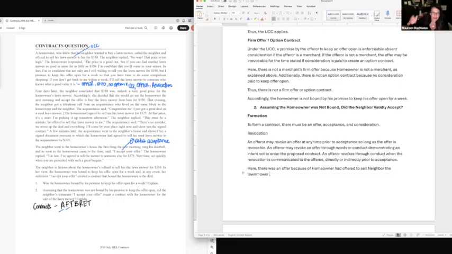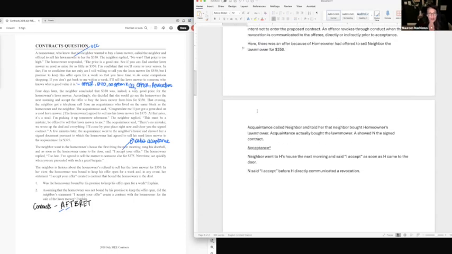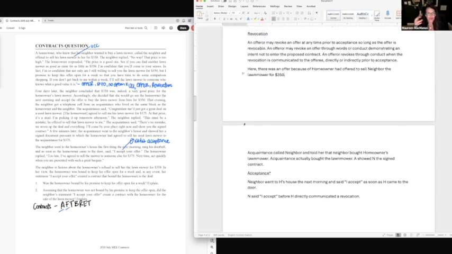Could you talk about it? Yes. And there are facts to it, sure, but it's not at issue here, so we don't need to go into it. So it was an offer: someone offered to sell the neighbor the lawnmower, and we could say for $350. It's pretty self-explanatory. If there was any ambiguity about whether there was an offer, then I would go more into that, but there's not. So we're just going to leave it at that. There was a revocation,